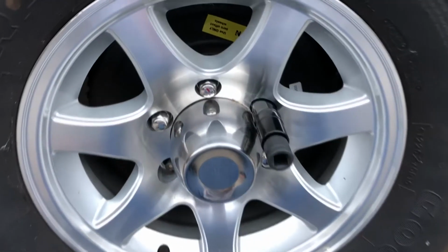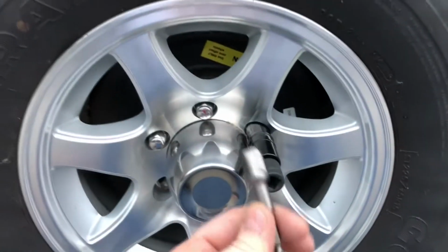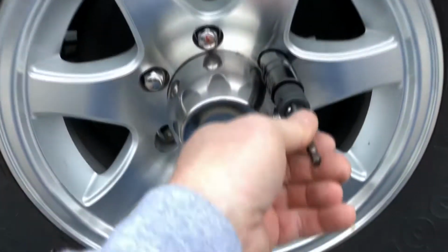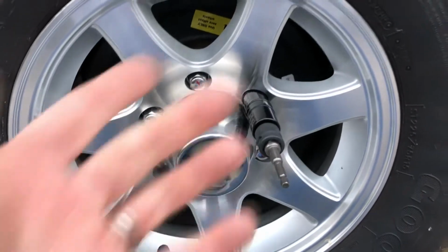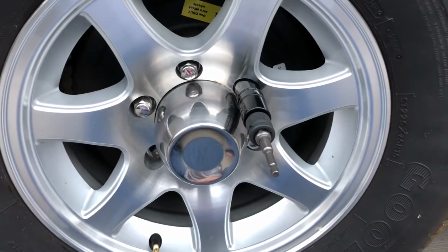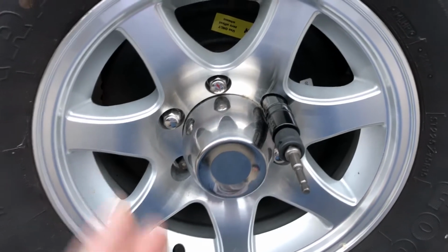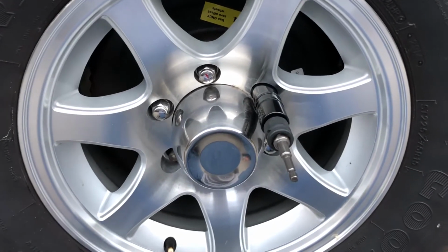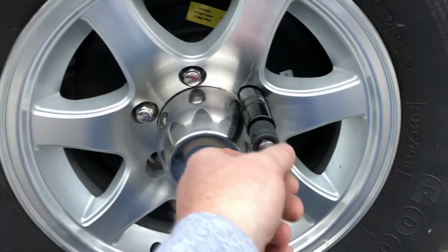So now that I've broken them all loose, they're all pretty much finger tight, but it's a lot of twisting. I bought one of these gadgets for my drill, so I'm just going to pop this on the cordless drill that I always keep. Now, I could buy an air gun, an electric impact wrench or cordless impact wrench for this, but for the number of times that I actually have to do this, like on the road or anything, I could have one in my house, but if we're on the road and I'm changing just a single tire here,